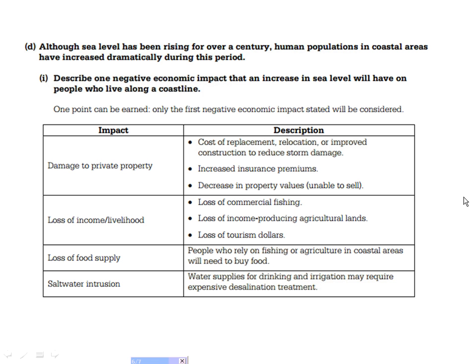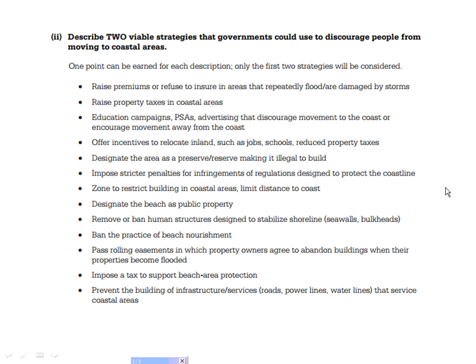And then for number 2 under part D, this is worth a total of 2 points. Describe 2 viable strategies that governments could use to discourage people from moving to the coastal areas. So how could they deter people from moving there? Only the first 2 will be considered. So how could they get us to not move there? One of the best answers always is education. So advertise, discourage the movement to the coastal areas, explain why, that the sea level is rising and that it could potentially inundate those areas, raise insurance premiums, raise property taxes,